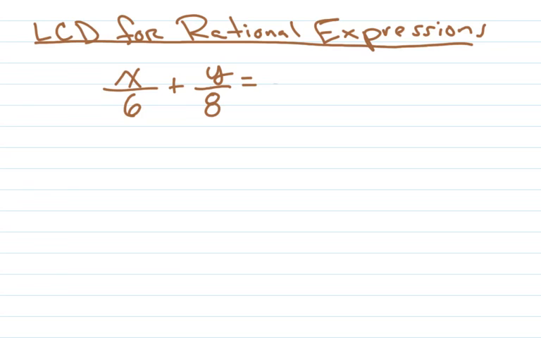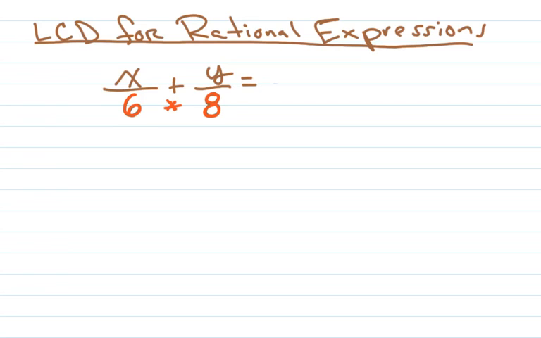So I want to use this example here first. X over 6. It doesn't matter what the numerators are, so I just put x and y. What we're interested in are these denominators, 8 and 6. So I could say, okay, common denominator, the common sense thing would be maybe to multiply 6 and 8. You get 48, and that's my new denominator. But there is a least common denominator for 6 and 8, and I want to show you how to find it. You might know it's 24, but I want to show you how to get there by using